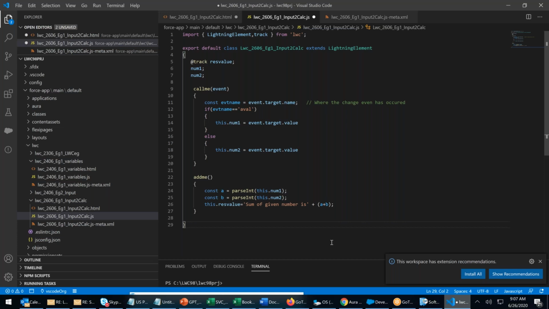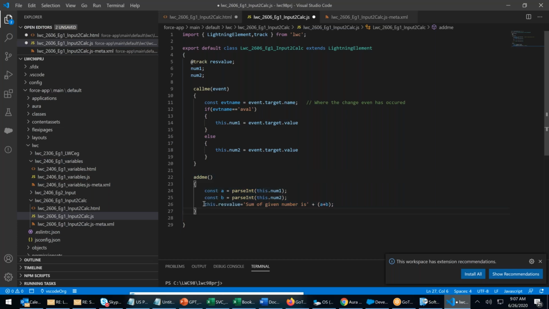There we can get it directly, but now in LWC, you have to declare an event. From the event, you have to get the name. After you get the name, you have to check whether it's eval. If it's eval, then assign the value to this.num1. Similarly, Control C. Actually, I can put this a and b outside also as constants, or I can put it in here itself. But anyhow, fine, you can do that.